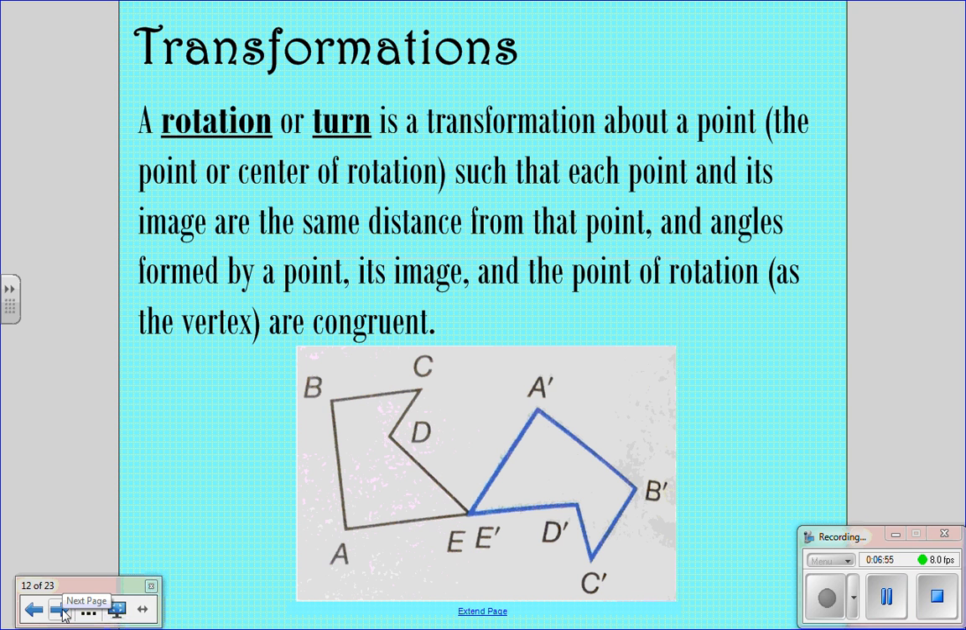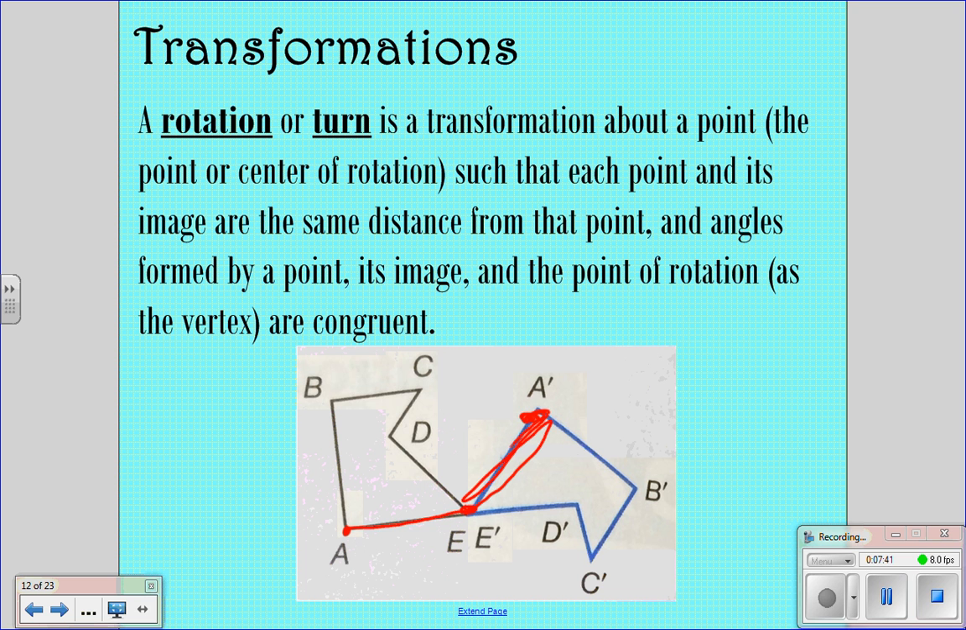Then a rotation or a turn is a transformation about a point that's called the point or the center of rotation. So you can say the point of rotation or the center of rotation. Either one works. But you turn it or rotate it about that point such that each point and the image are the same distance from that point, and the angles formed by a point, its image, and the point of rotation, where the point of rotation is your vertex, are congruent. So what that means, let's look at A and A prime. If we take a point and its image and then the point of rotation, this angle that's formed here,